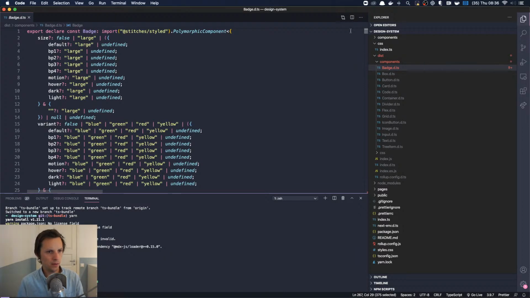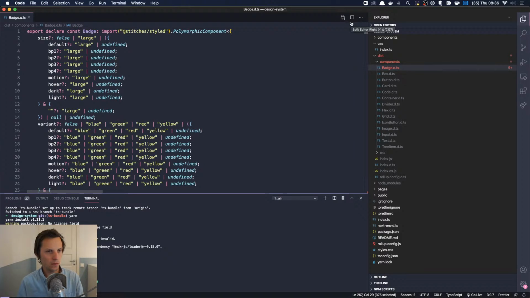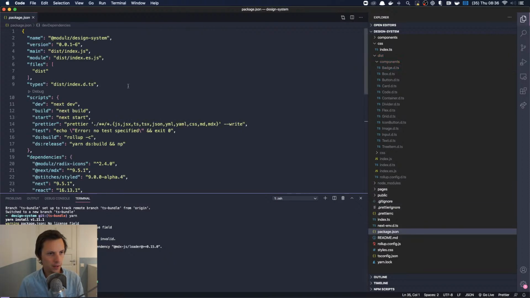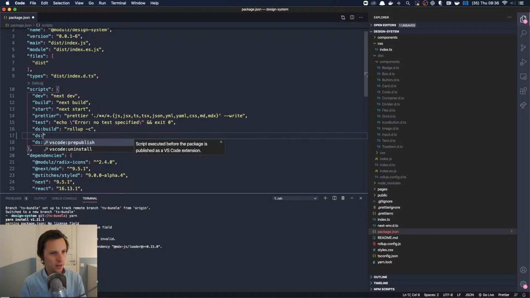I didn't get that when I just ran TypeScript. Oh, that's interesting. Let's see. I'm going to build this a little bit differently. Let's see. ds build tsc.